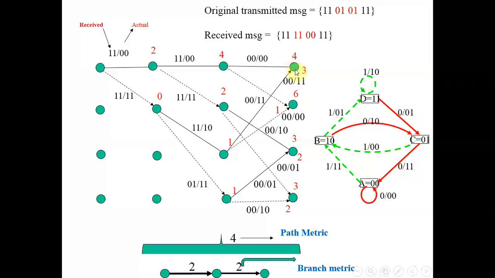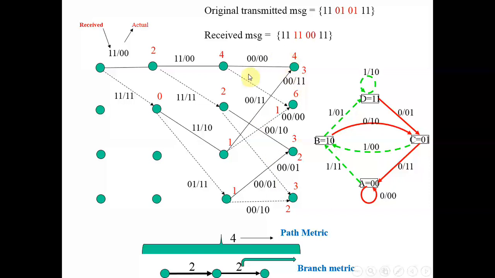So if I take this node, I am going to eliminate this path because it is giving me a total error count of 4, and I am going to retain this path which is giving me the error count of 3. For this node there are 2 paths. If I follow this path, I get a total error of 6, but if I follow this path, I get a total error of 1. So I am going to retain this path which is giving me the error count of 1, and I will eliminate 6. So after elimination, what will I be left with? 3, 1, 2 and 2. Every alternate path will be left.